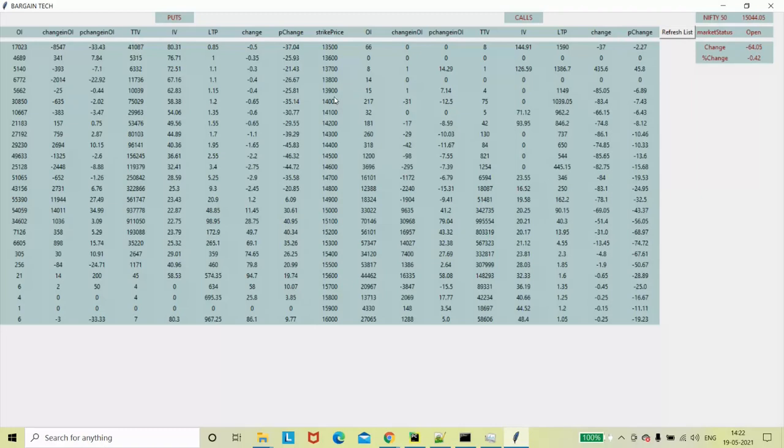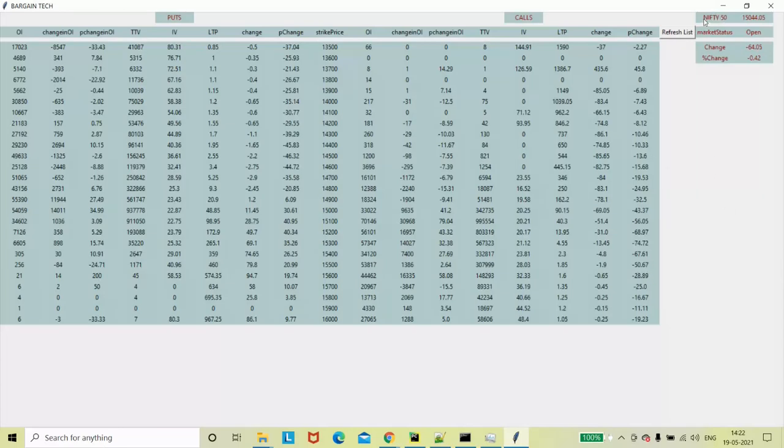We don't trade that far, at 13,500 or 16,000. So that's why I made it for fewer strikes, but you can have it for all the strikes. But as I've made it customized,